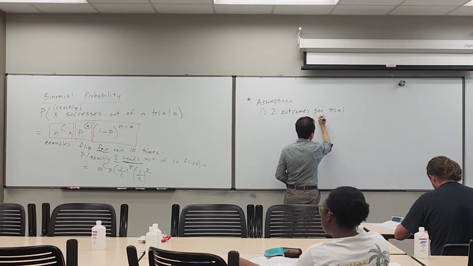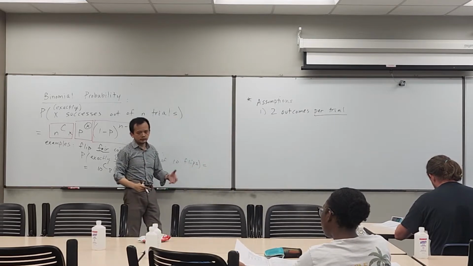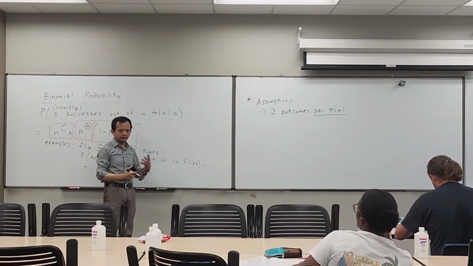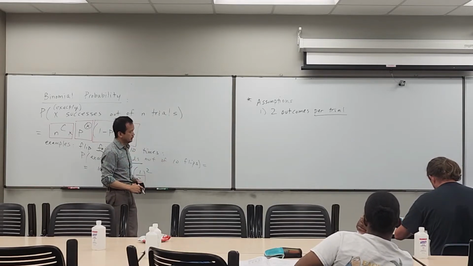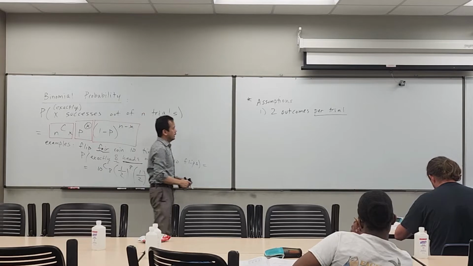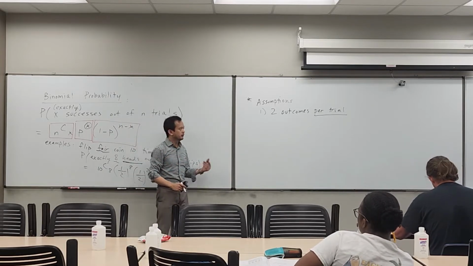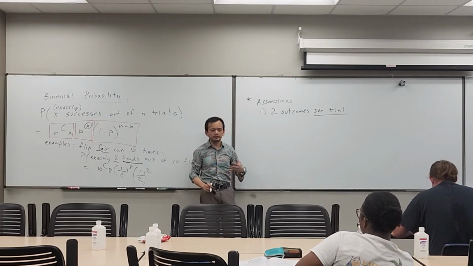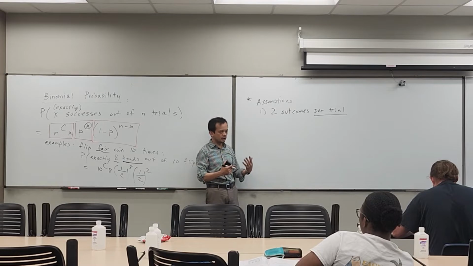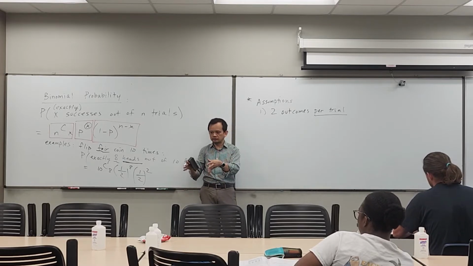So per trial, or per coin flip in this case, there are only 2 outcomes. They're either heads or tails. There's nothing else that you could possibly observe that you care about for a coin flip. Last time we also mentioned the important distinction that we say there are 2 outcomes per trial that you care about. That doesn't mean that there have to be 2 outcomes total. It's just 2 outcomes that you care about that you can distinctly label as success, and everything left over is